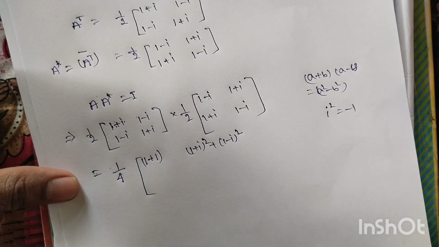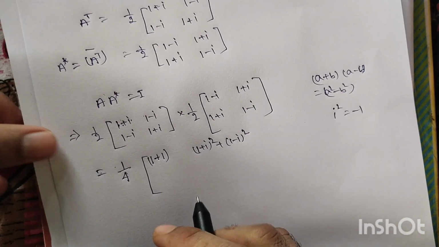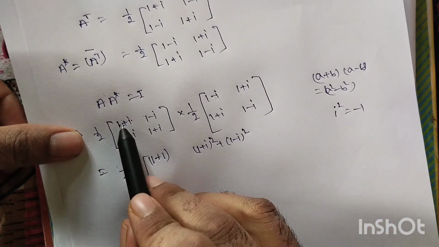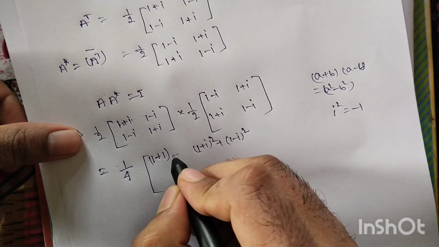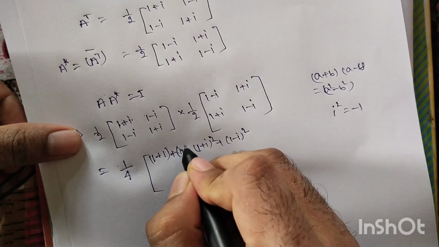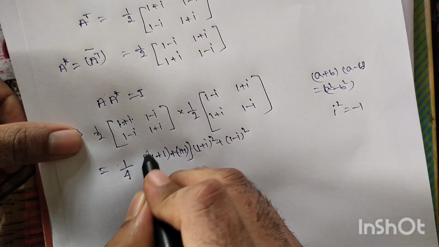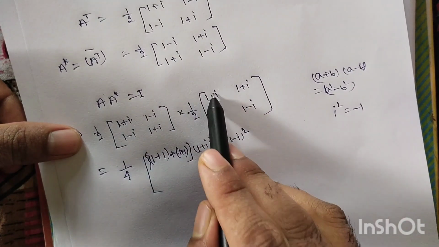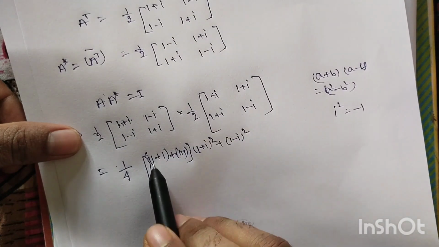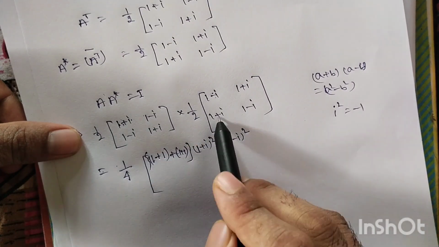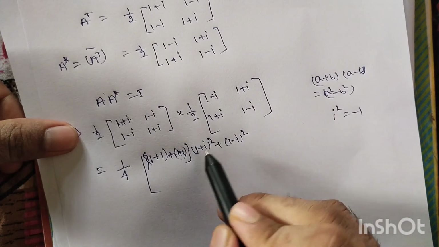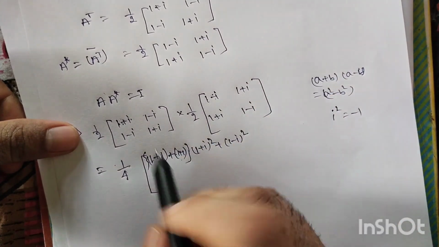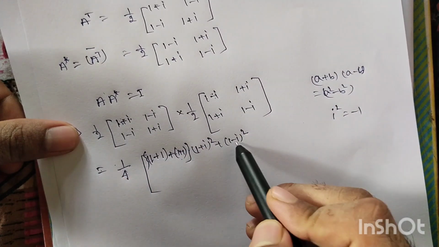Maybe I am wrong, I forgot it. There is another 1 plus 1, because of this multiply this with this, multiply this with this, so this is 1 plus 1 and this is also 1 plus 1. Similarly for the second entry, it should be 1 plus I whole square plus 1 minus I whole